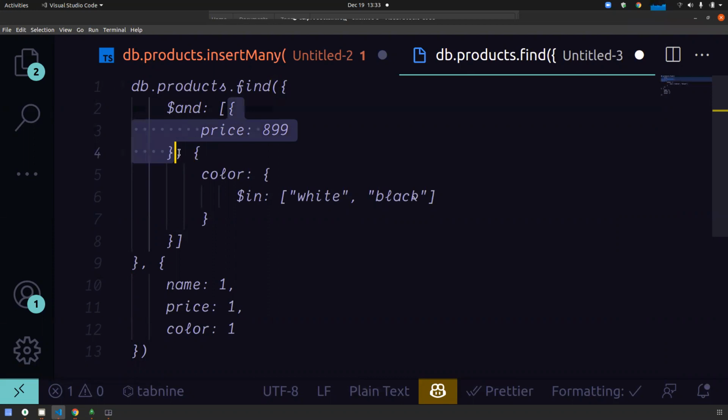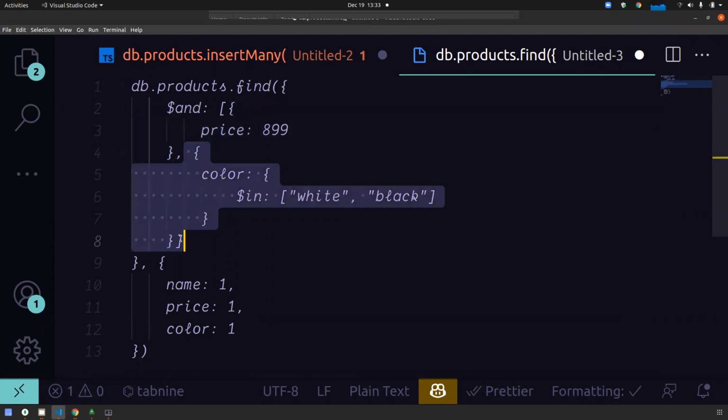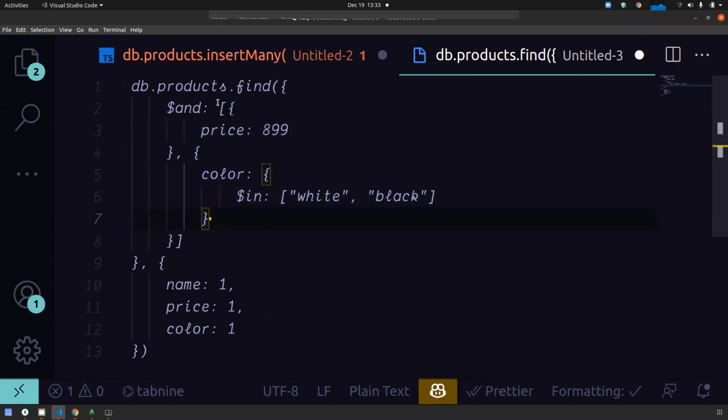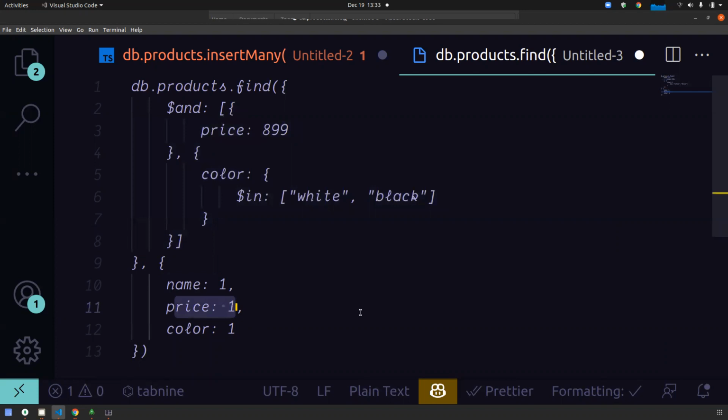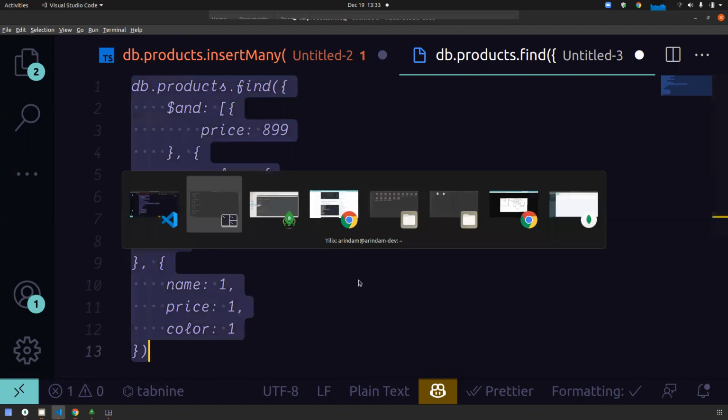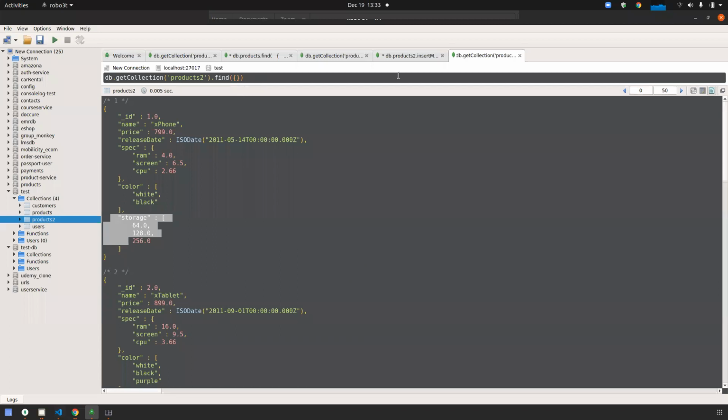This is one query, this is another requirement that I am giving in the AND operator. Both conditions should match, and in the projection I need name, price, and color. Only these three fields will display.